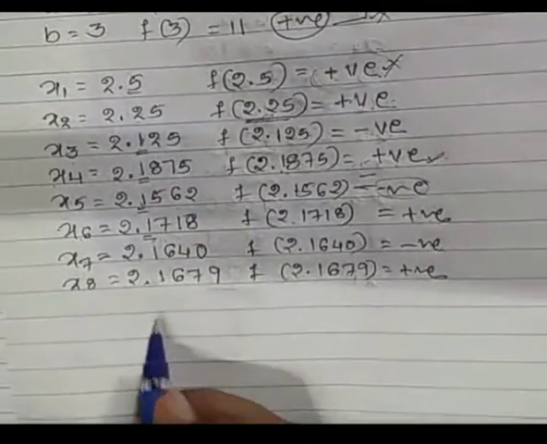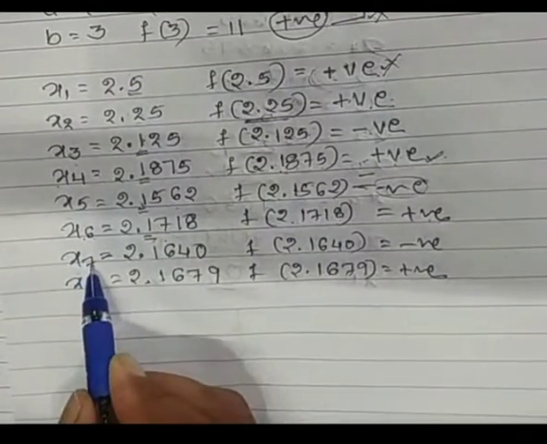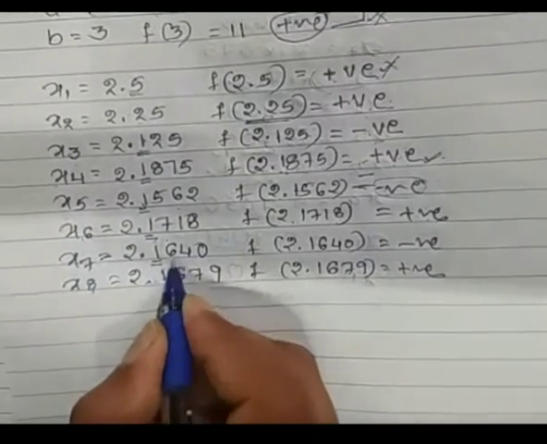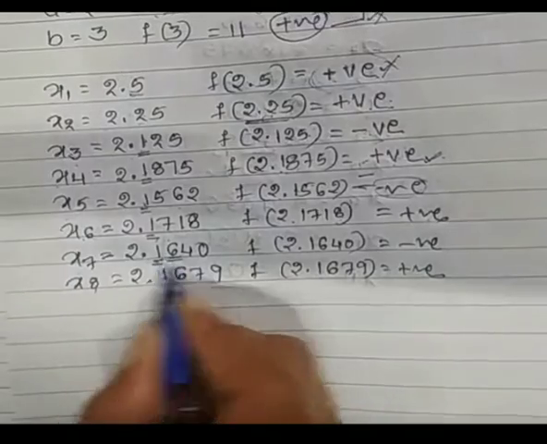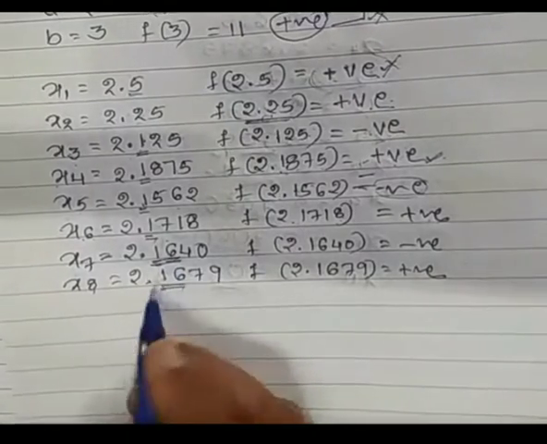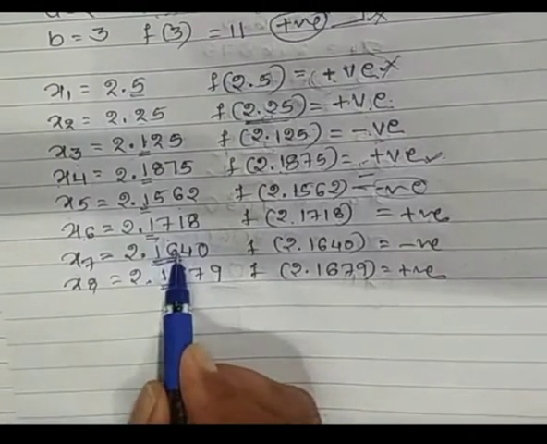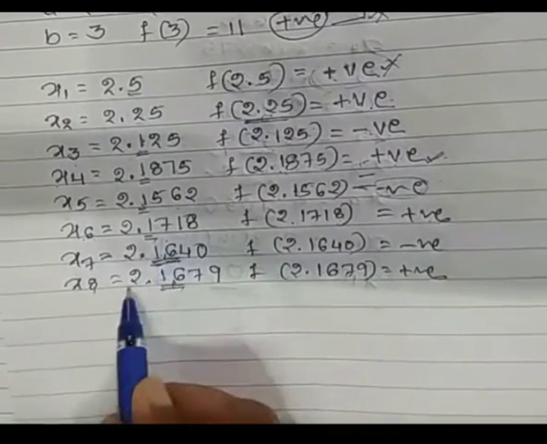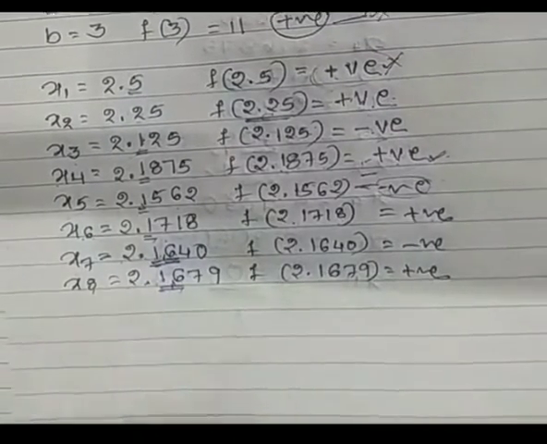Now you can observe in the 7th approximation and in the 8th approximation, the first decimal as well as the second decimal are the same, 2.16, 2.16, it means